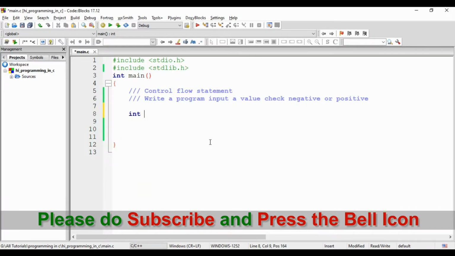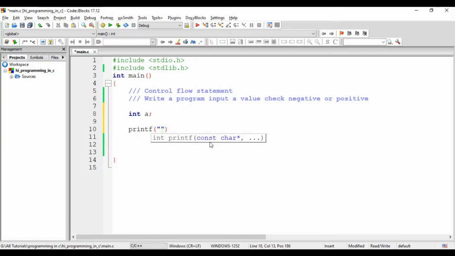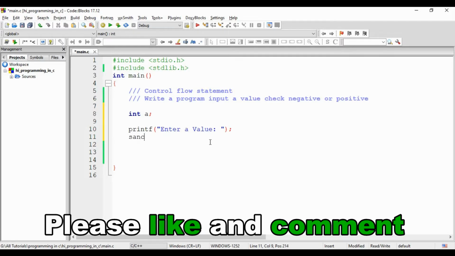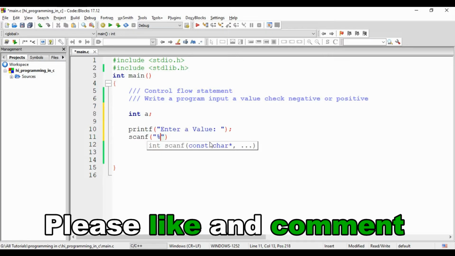First of all, we have to initialize a value and we have to print "enter a value". Okay, and second one is scanf. The integer, this a is the integer value. We'll define a and we'll check if a is greater than